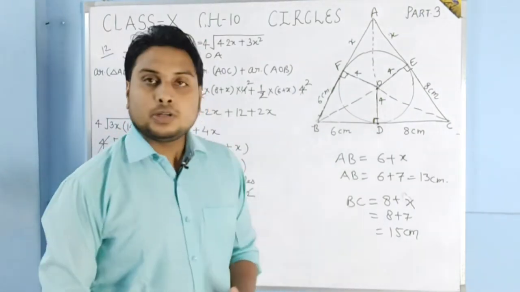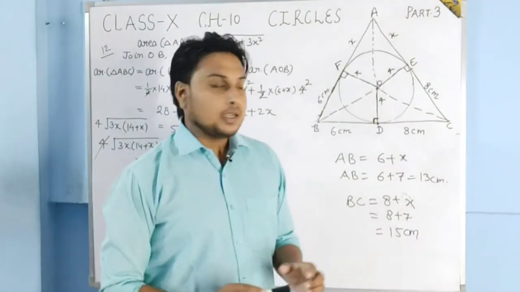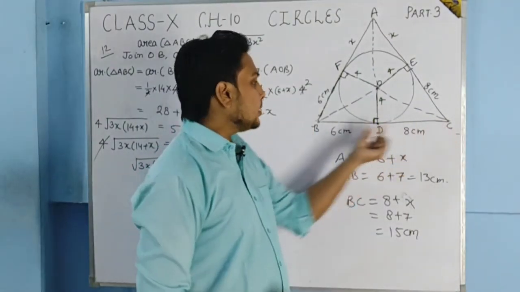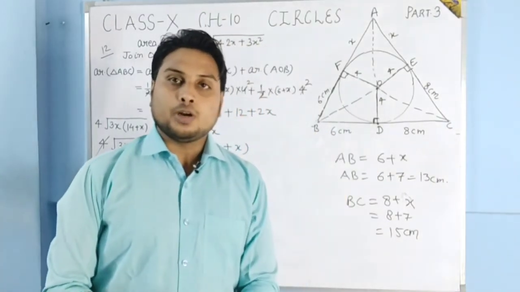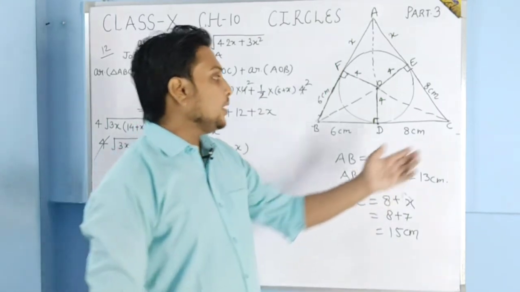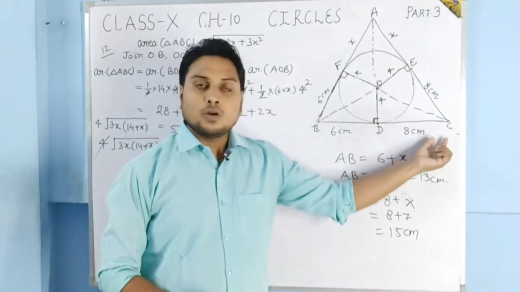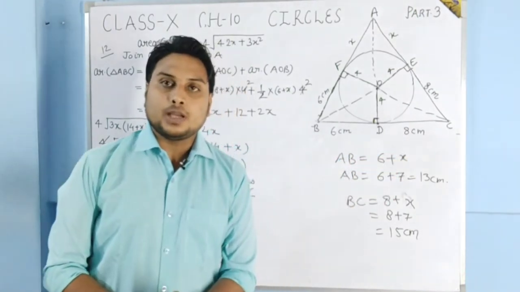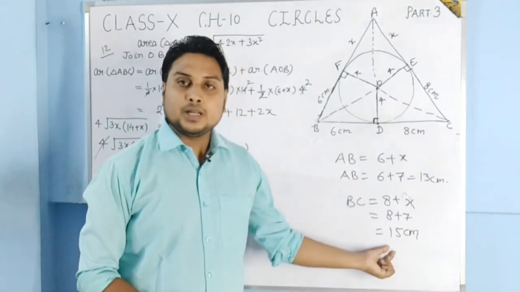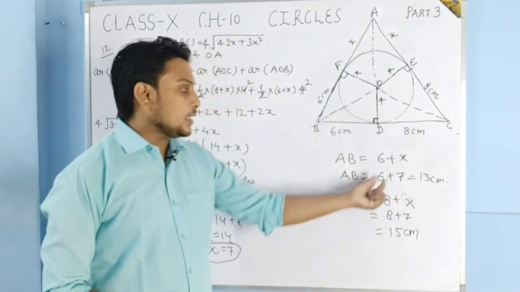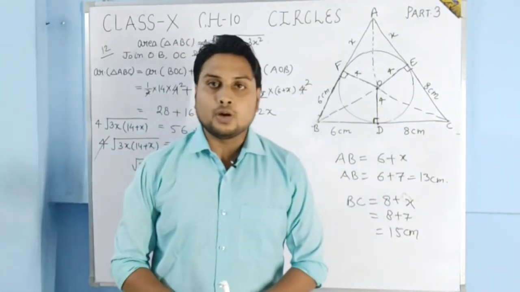Students, one more thing I want to tell you here. In the book the question is a little bit different, means in the book B is given here and C is given here. So you will solve the question in your fair copy according to that. By mistake I have written B is here and C is here. But you will solve in your fair copy correctly, and in that case you will get the value of AB as 15 centimeter and the value of BC as 13 centimeter. So this correction you will do in your fair copy.